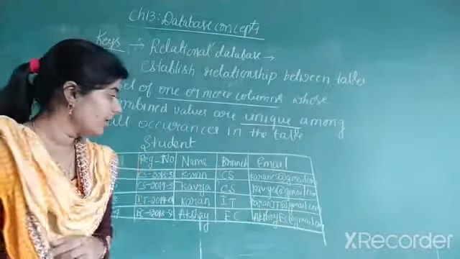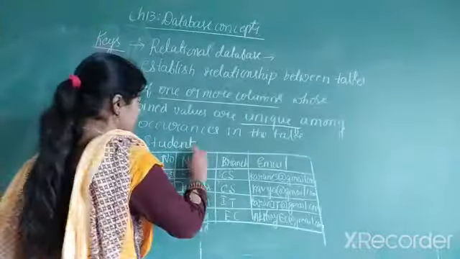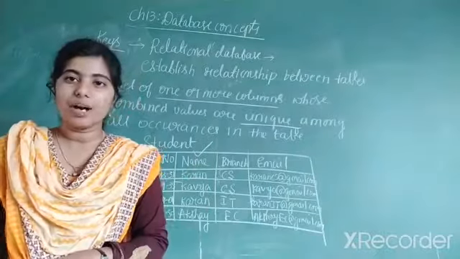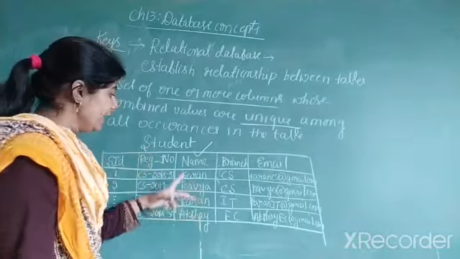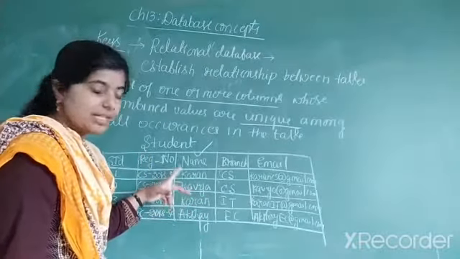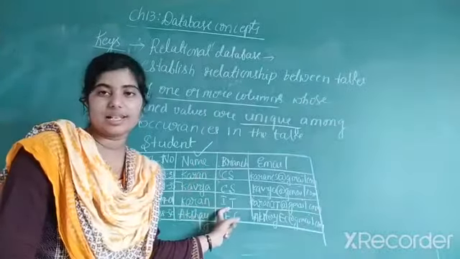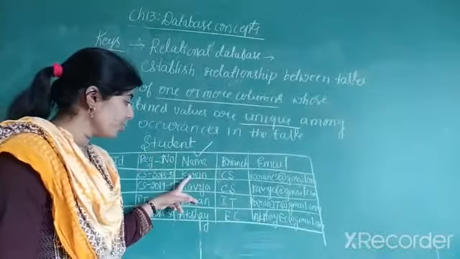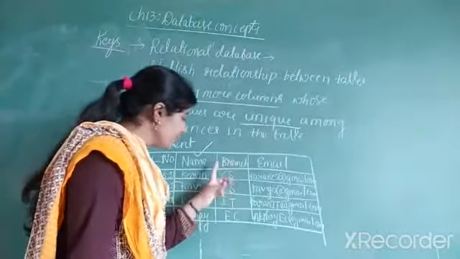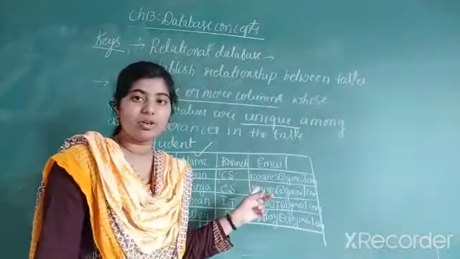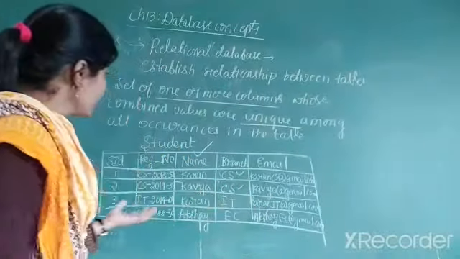If I want to take a unique combination of values by using the name, and fetch the details of the student Karan, it will give two values here. Means there are two students, one studying in the CS branch and another in the IT branch. The value is repeated. And if I want to consider branch as a key, again it is repeated here. We have already stated the definition.